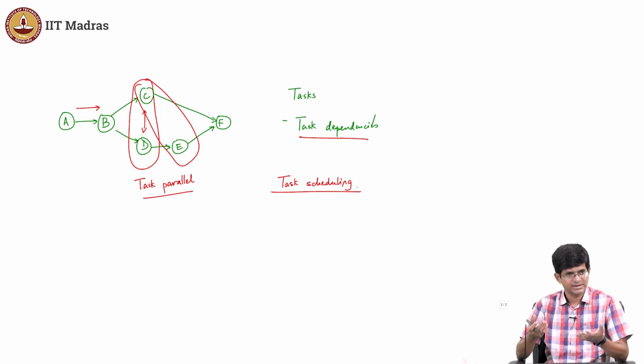You look at tasks. Even if you're trying to build a flyover somewhere, ultimately there are a set of tasks associated with that. You need to acquire land, then clean up the area, make sure that all the surrounding things have been moved away, then start digging up and lay the foundations. All of those are tasks that have dependencies, and in some cases there could be parallelism as well. You could be digging on multiple parts of it at the same time, or while you are digging you could also be preparing prefabricated structures for the next stage. So there are different ways in which you can look at it from a management point of view as well.